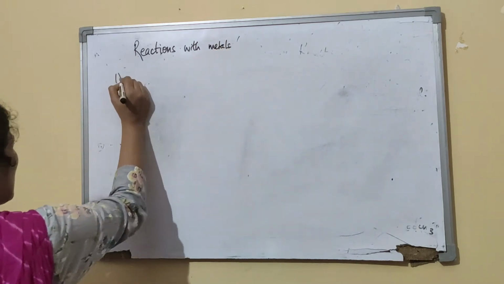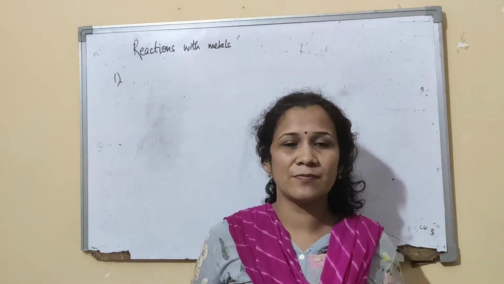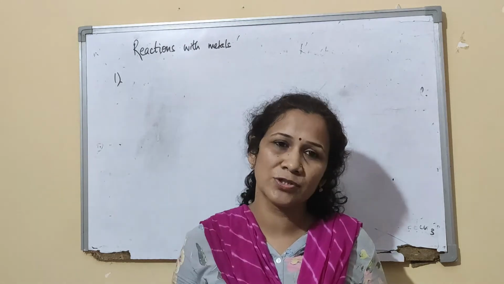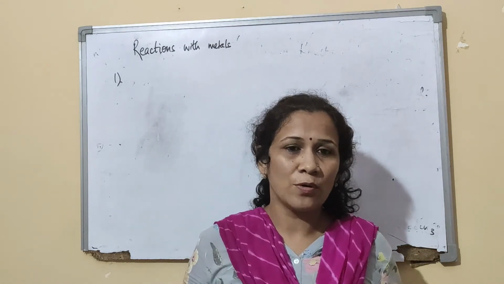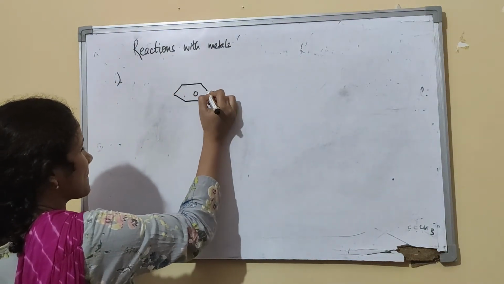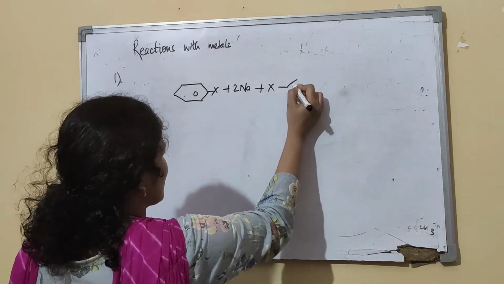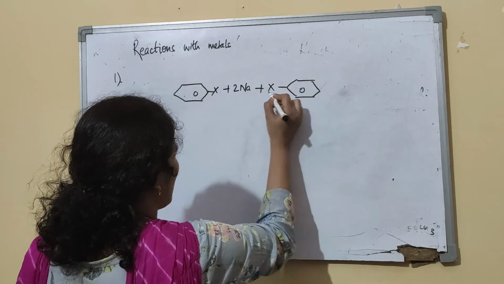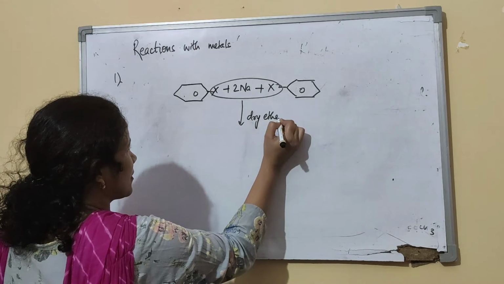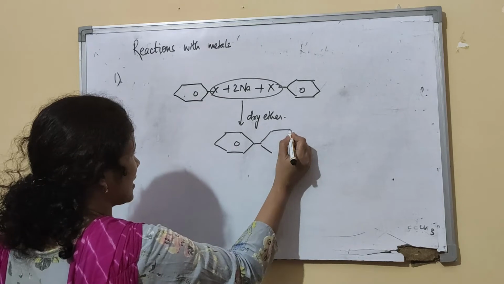The first reaction we have done like that, Wurtz reaction, if you remember. You take RX and react it with sodium metal, you get an alkane which is double the number of carbons of the original haloalkane. Same way we will just write a haloarene, treat it with sodium. It will give you a compound in presence of dry ether. You will get a compound like this. We call it biphenyl.